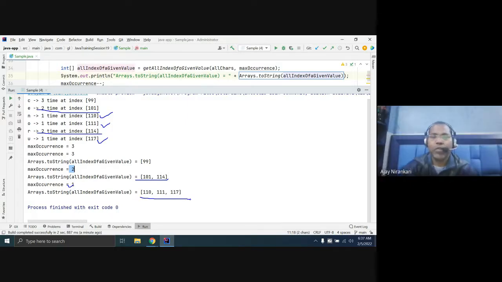Now we have the option to print it. Now we have to know whether we have a 3 in hand or a 99. So I can just make a loop 3 times and print; 99 means C. So we have to make a loop of this variable and print C 3 times. Similarly, for 2, we print 2 times first this and 2 times first this.